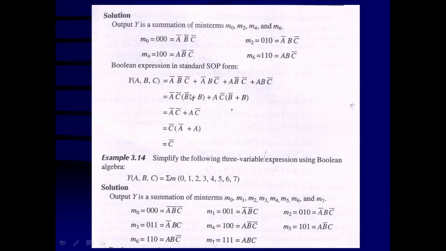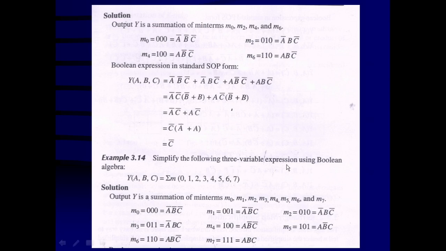Any variable or with its complement results in 1, and that is going to be multiplied with this, so it remains the same, that is going to be A bar C bar or A C bar. Again C bar is going to be common, that can be taken outside the bracket, A bar or A will be there, and that is equal to 1, so C bar will be there. So only one wire is required to connect from input to the output. Input will be the C bar and output will be the Y. So a complicated circuit is going to be reduced to the simplest circuit using Boolean laws and theorems.